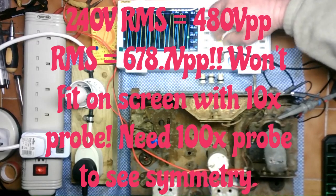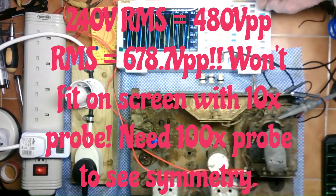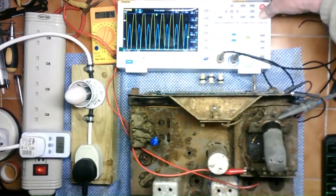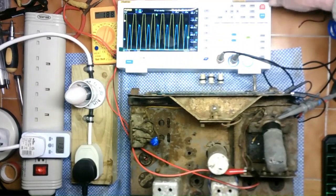But of course it is a brand new Furnace unit, and this is its first testing, so it's been thrown in at the deep end, that's for sure. Let's just stop the run and then try auto again. So without knowing exactly what's going on with these readings until I look at the scale a little bit better,